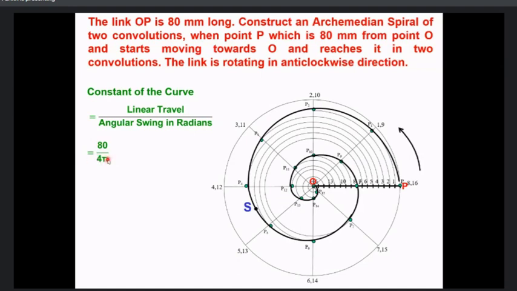It's a 4 pi. Okay, और ऐसा confusion रहता है तो आप constant of the curve इस तरह से find out मत कीजिए. आप क्या कीजिए, OP minus ऐसा वैल्यू लीजिए जहां पे 2 pi 4 pi नहीं आता है. OP minus OP1 कीजिए तो आंसर आपका सही आने वाला है. Okay, so you try to do that only. However, I am showing it if you want to consider initial radius vector as 0. Okay, final is 80 minus initial as 0. If you want to consider that, then this is the solution where angle will be 4 pi for 2 convolutions.